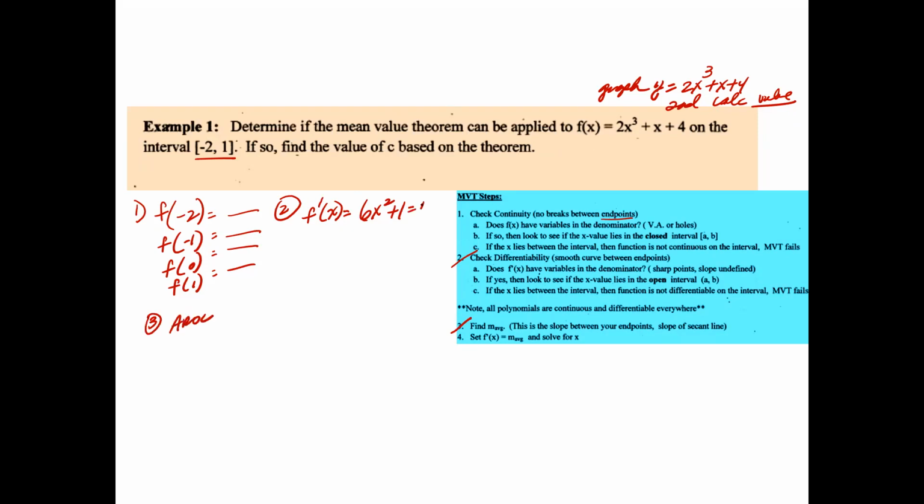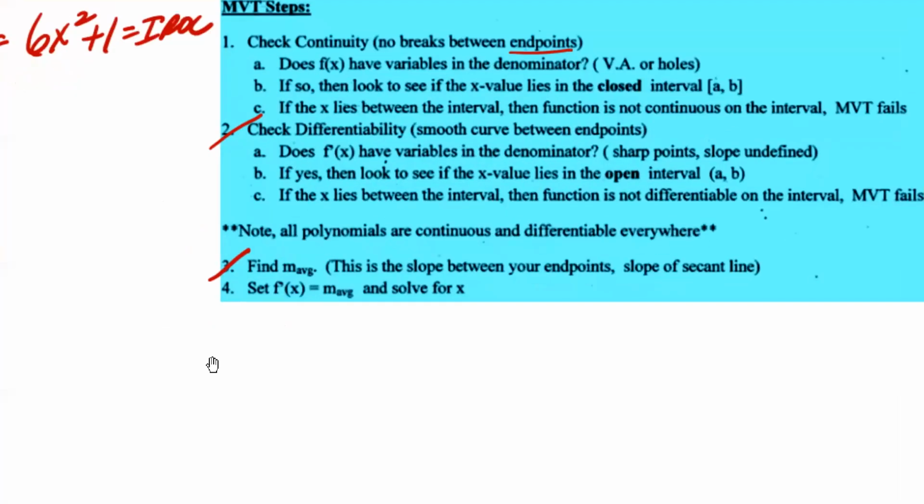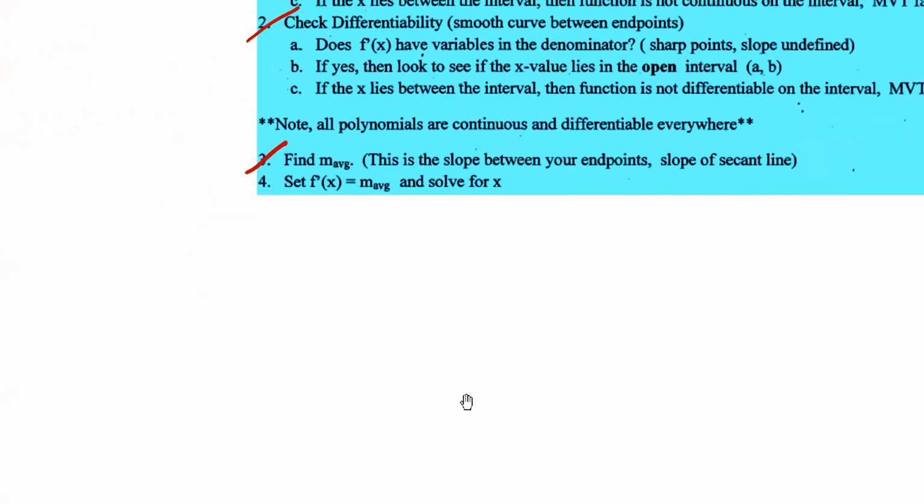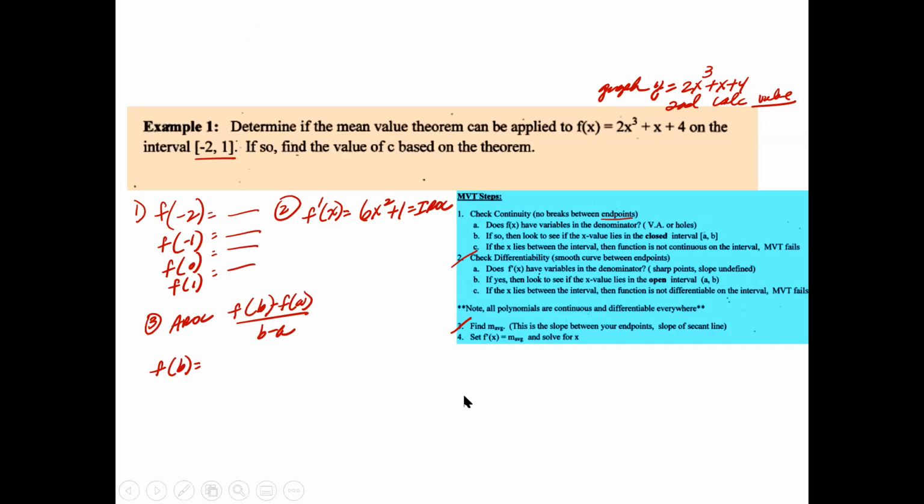Remember, this right here is the instantaneous rate of change, which is the first derivative. So what I'm going to do here is f of b minus f of a over b minus a, which is the average rate of change. Then f of b: if I go ahead and plug in, and this is a and this is b,